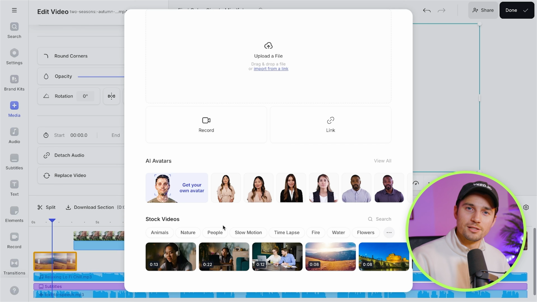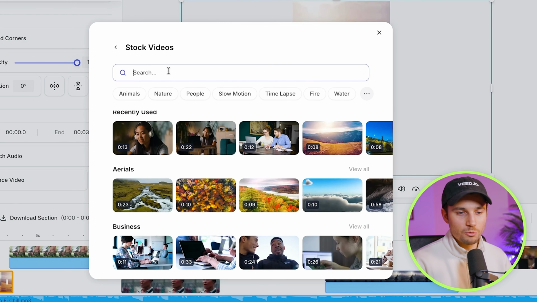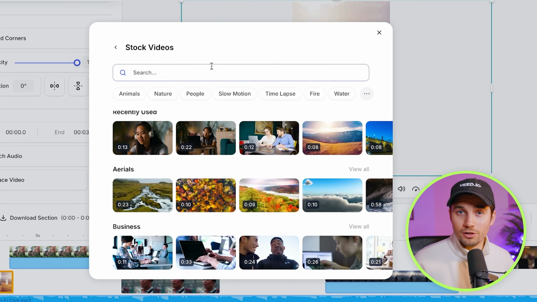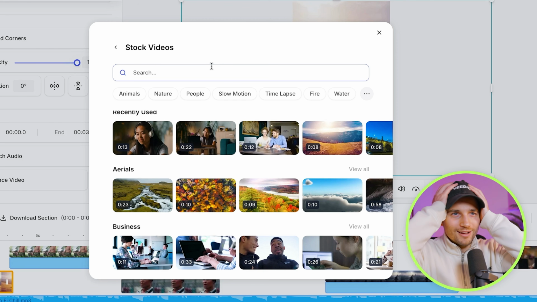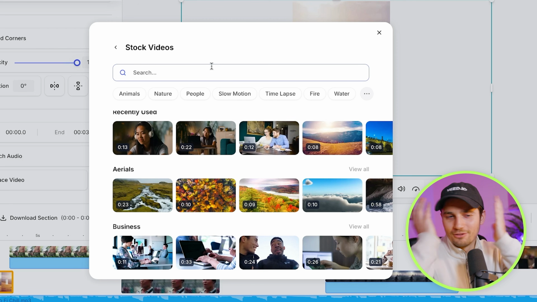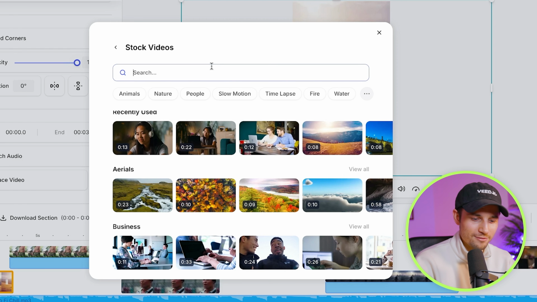You can simply replace them. You can add them to your video. It's a very easy tool. That's what I'm trying to say. So in this case, we're going to click on search because we want to search for this type of footage. So now we just need to type in a keyword of the video that we want. In this case, it would be, like I said, a stressed worker. Could be, you know, somebody who's screaming or in a business suit, something like that. Let's see what they have.